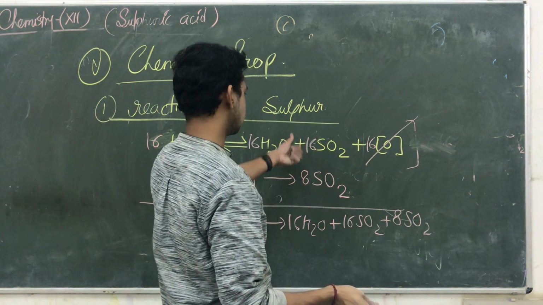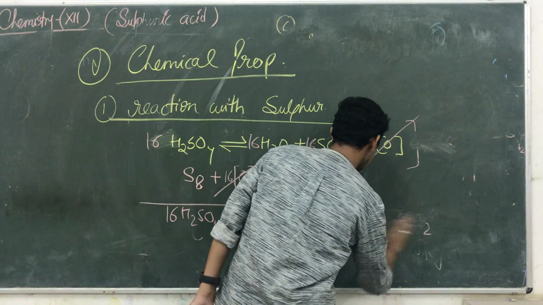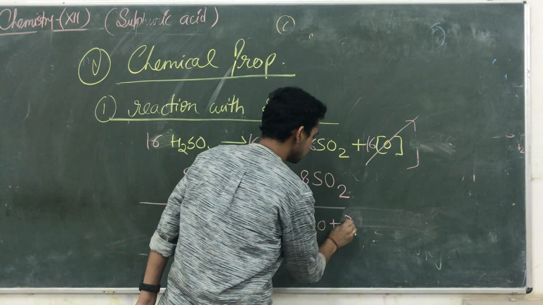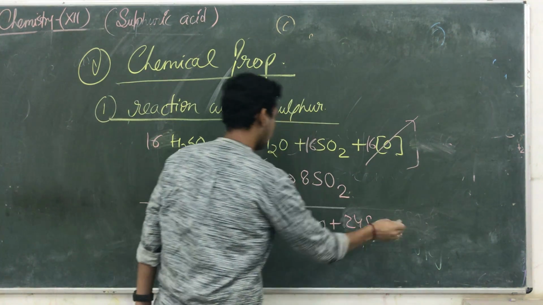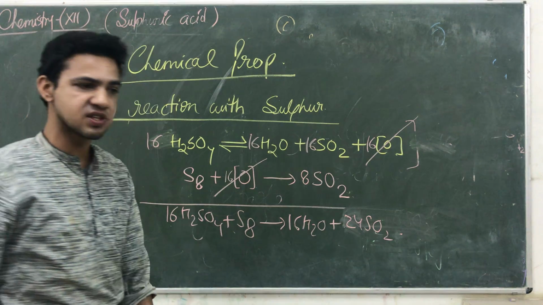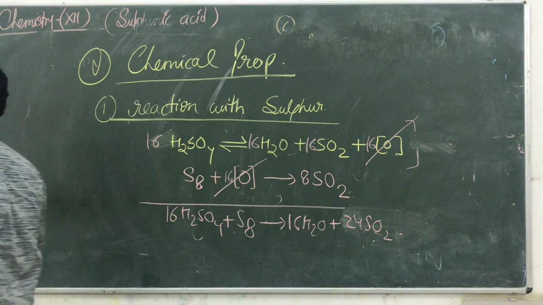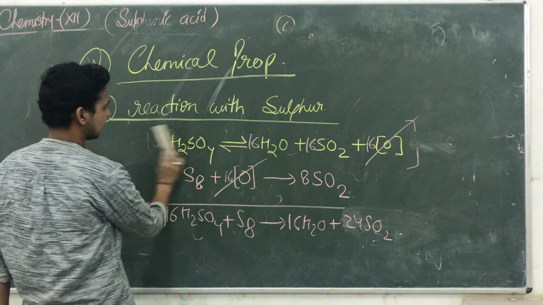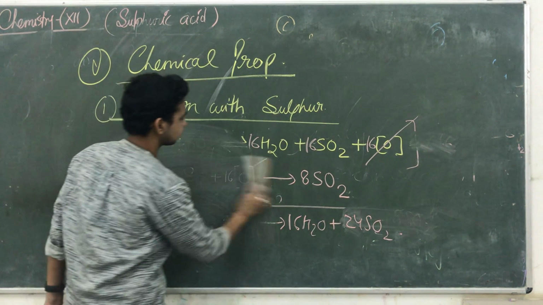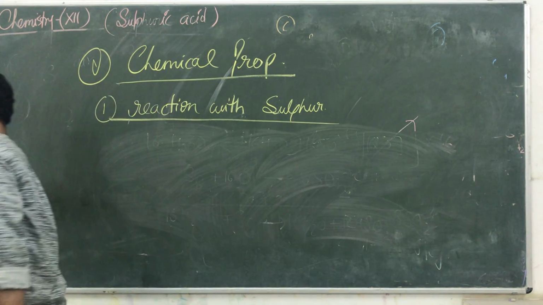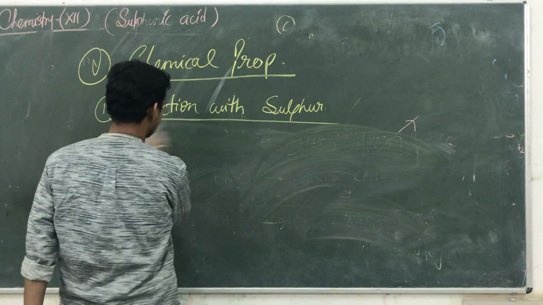ओके, सॉरी, द ओवरऑल अगर यहाँ पे हम कर दें इसको तो ये हो जाएगा आपका 8, 9, 10, 11, 12, 13, 14. So 24 SO2. So this is the reaction in which a large amount of sulfur is removed in the form of sulfur dioxide. The next reaction is based on the reaction with copper. So the next reactions generally we are taking is based on the copper.